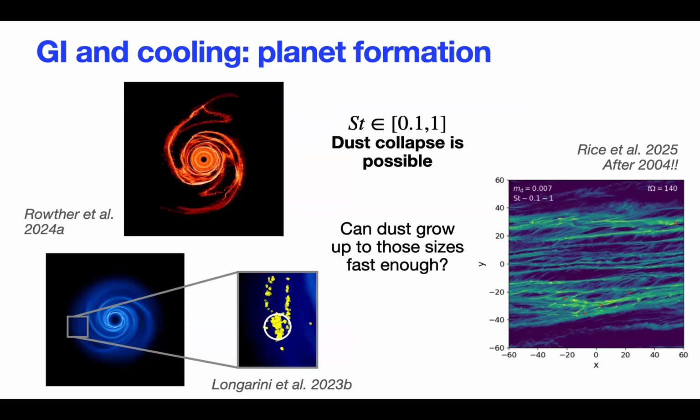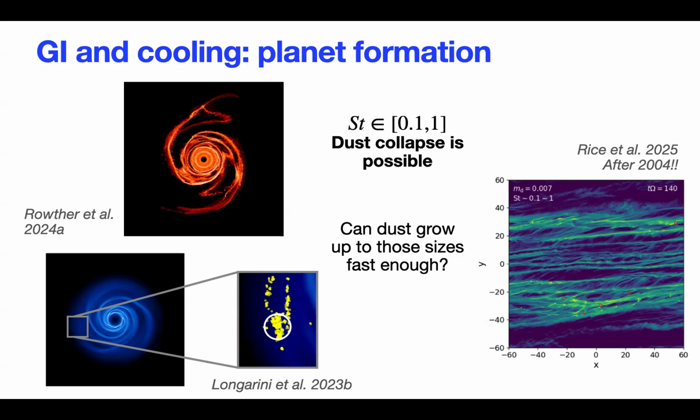GI and cooling were also very useful when we studied planet formation in this system, and in particular, when we studied the interplay between dust dynamics and gravitational instability. So in these works by Sal and myself, I think we showed that if we have dust particles with Stokes number between 0.1 and 1, dust collapse is possible inside this structure. This had already been observed